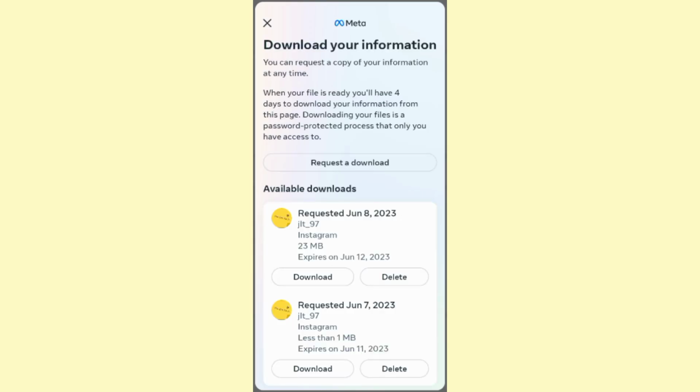You will be redirected to this page right here, where you will be able to request a download of your information. This information includes everything you do on Instagram, from the posting, the messaging, the sharing, the websites you visit, every single thing you do in Instagram. So once you are on this page, from the first section that says download your information, click on the button that says request a download,